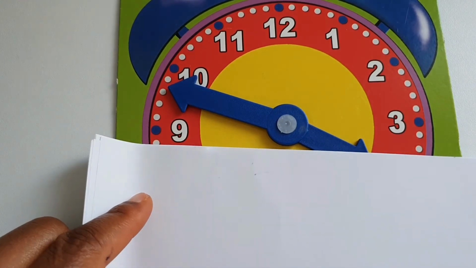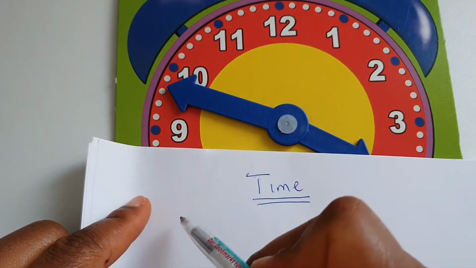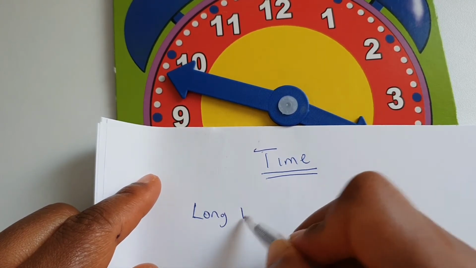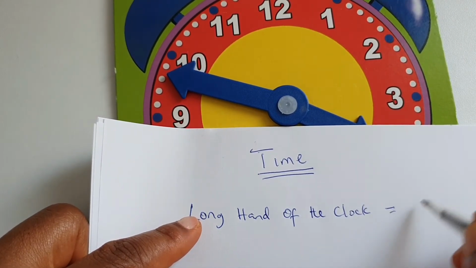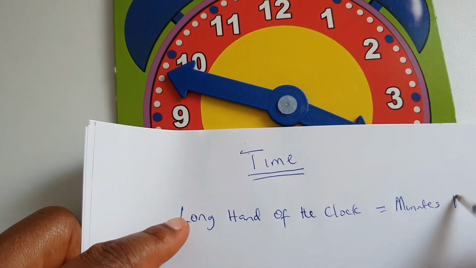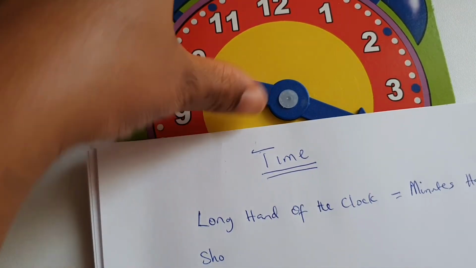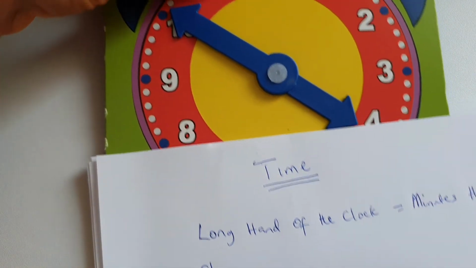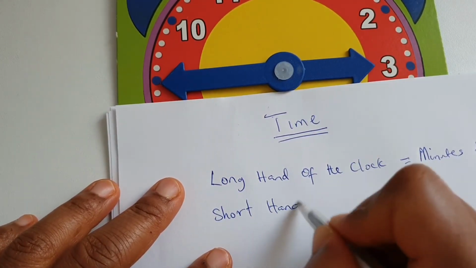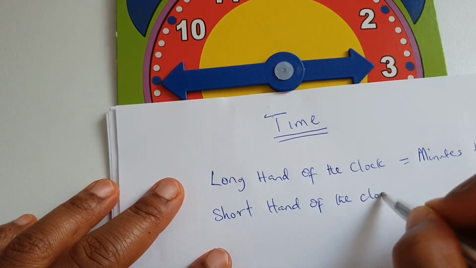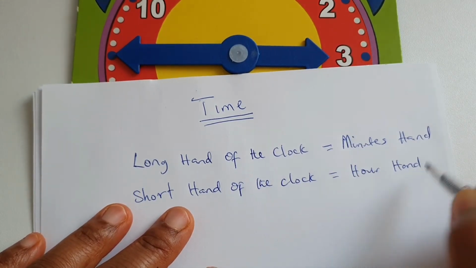Okay, the long hand of the clock is the minute hand. Okay, and the short hand, this one, is the hour. Short hand of the clock is the hour hand. And how we write hours in English,